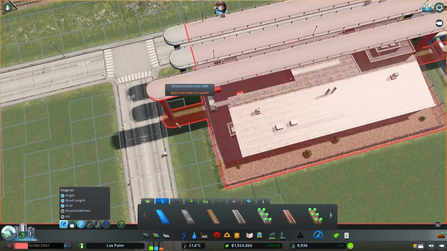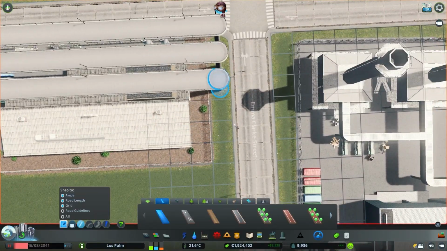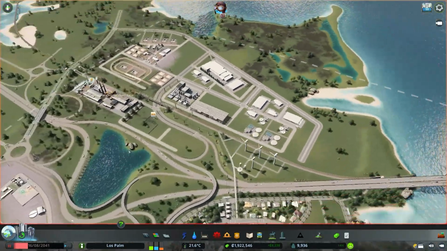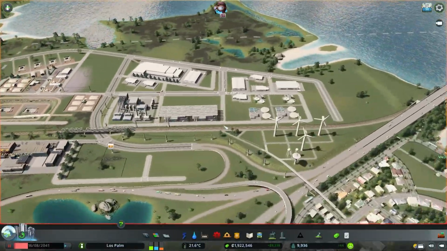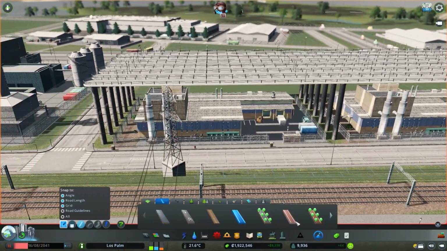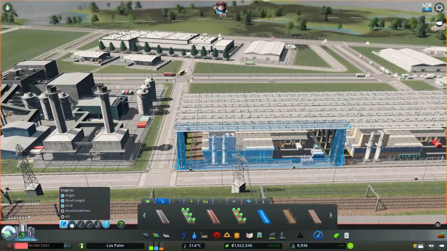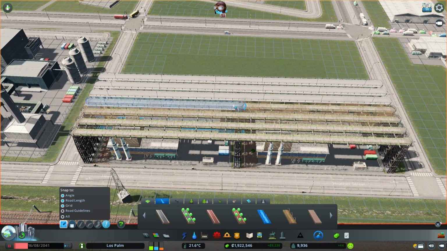If you turn road guidelines off and just use the grid, you should get a pretty nice looking, looks like a warehouse sort of. I actually really like the look of it. And obviously you can do this with different paths as well, which I'm going to actually try. I believe this one has like a, yeah, that one looks great. Looks like a worn out sort of